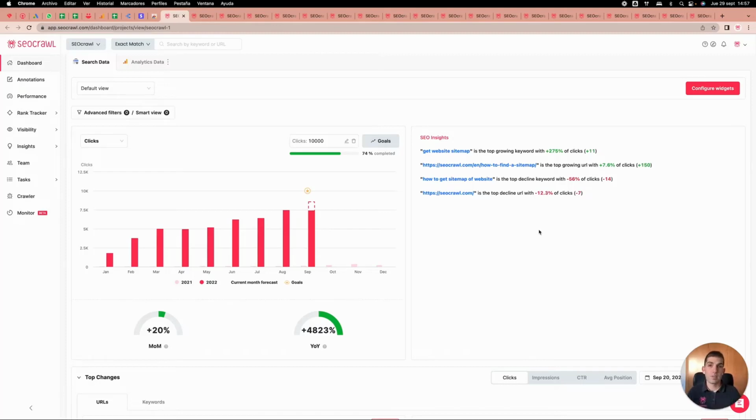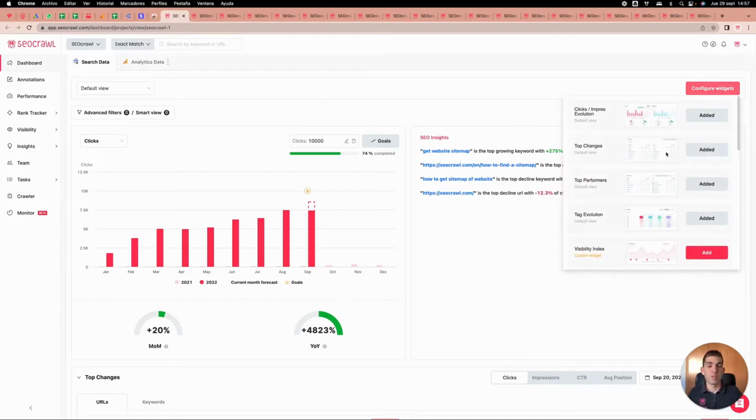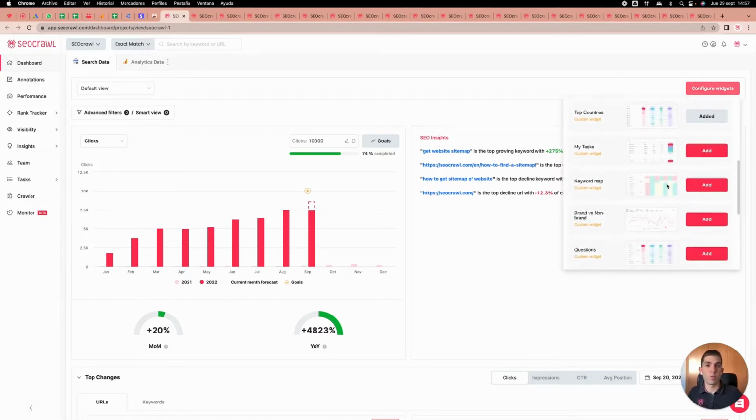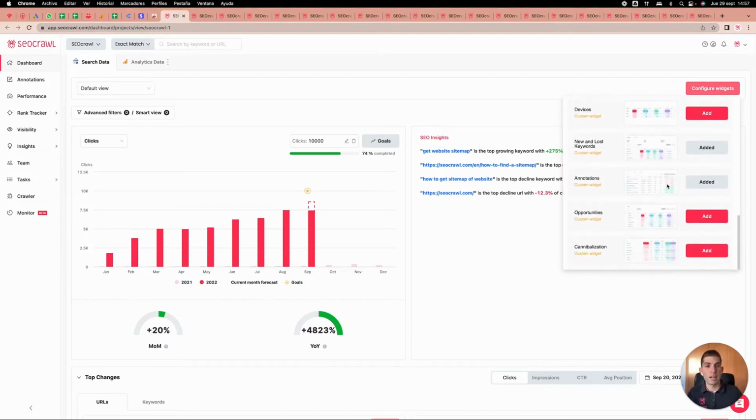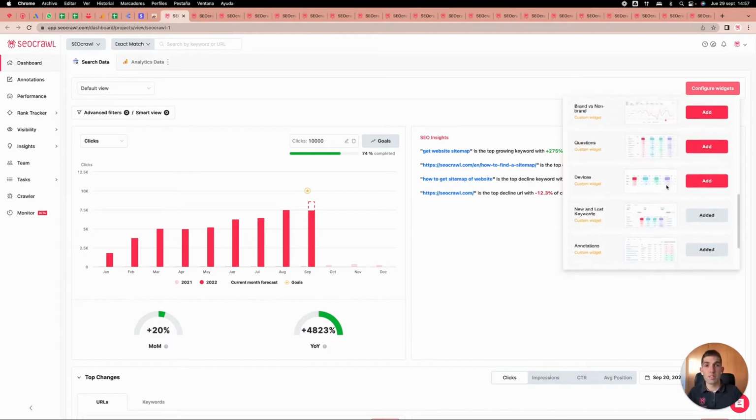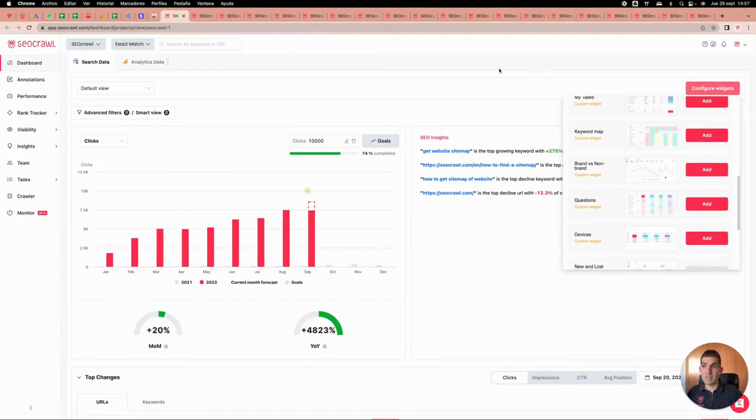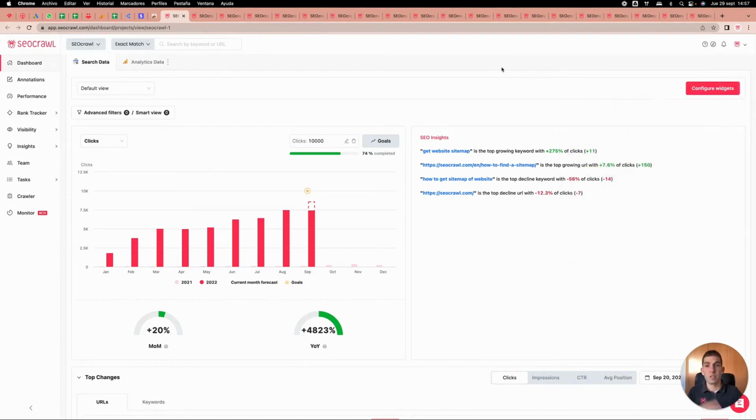As we combine data from Search Console, Analytics, Crawler, and log analysis, every day we'll be able to offer more and more insights. What happens if we see an increase in traffic or a decrease in traffic? We'll be able to see all the answers below without making any type of analysis. But before going into that, I will present you the configuration of widgets. Each person of the team will be able to set up their own widgets depending on the project. Annotations, opportunities, devices, questions, whatever, every single page of SEOCrawl is built here so you can add it